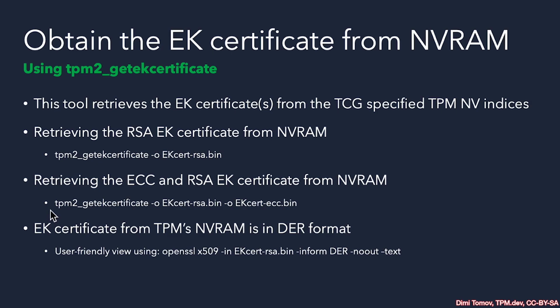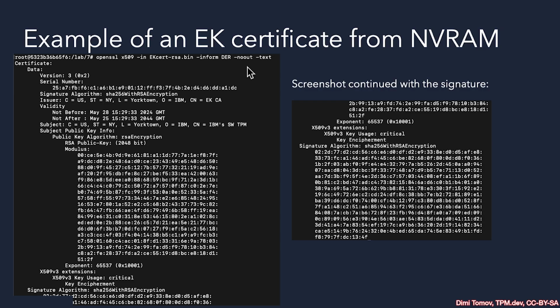When we need to extract also the ECC certificate, then we need to specify twice the -o argument for storing certificates to file. The first certificate that will be stored will be the RSA certificate, which in NVRAM space is stored ahead of the ECC certificate. And then we'll also receive the ECC certificate as a separate file. Because the EK certificates come in their own format, we will convert them into a more usable, readable format. Here is an EK certificate after it was converted to a more readable form. Here we can see the signature of the certificate that we'll verify later by walking the certificate chain of trust.